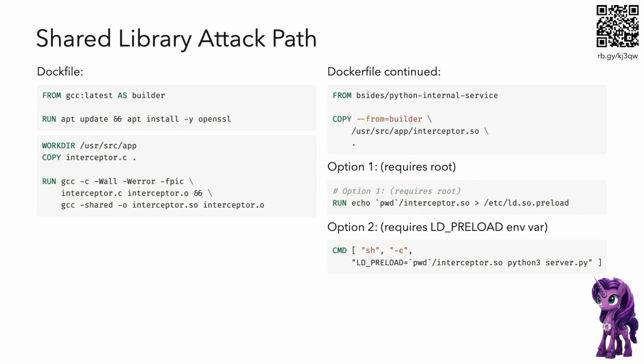The first one's at the system level? Yes. This will affect everything. Everything that's doing HTTPS on the system will go through your library if it doesn't bundle OpenSSL with it. And this one will just be laser focused on what your internal service is doing. So you might have a preference for one or the other. But generally you're not choosing, because compromising a host doesn't necessarily mean you got root.